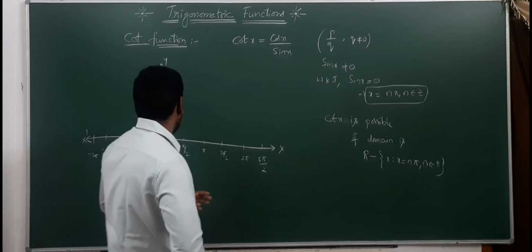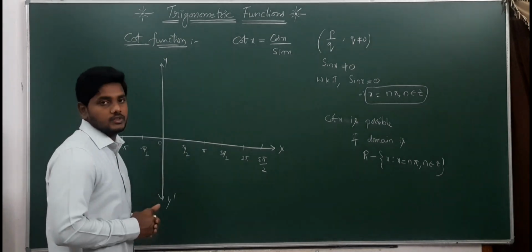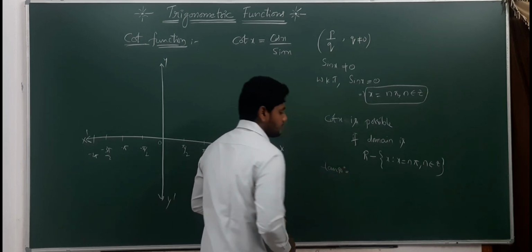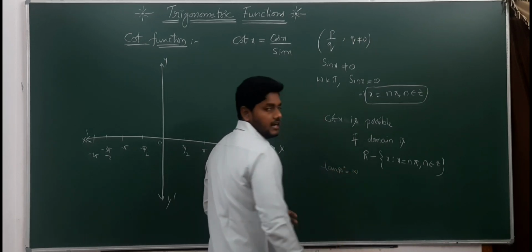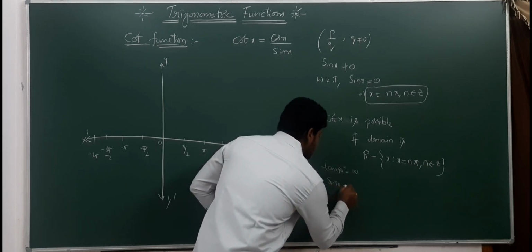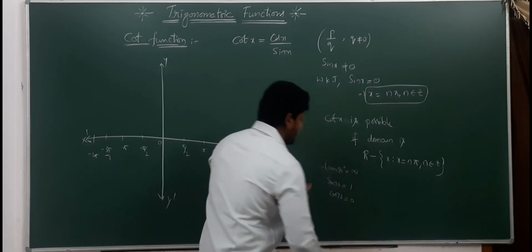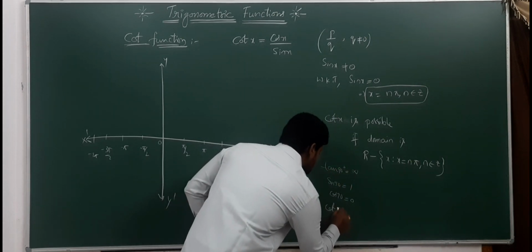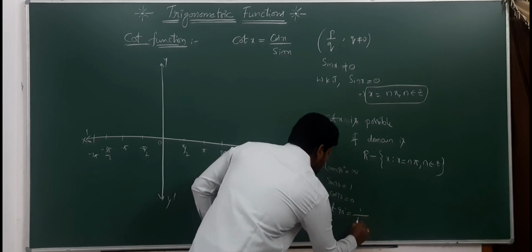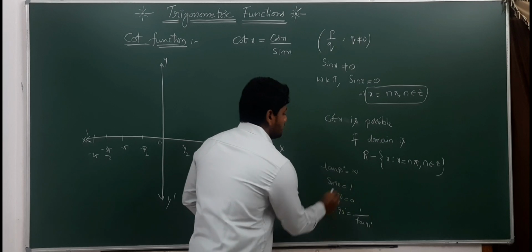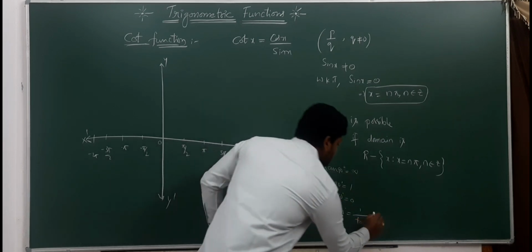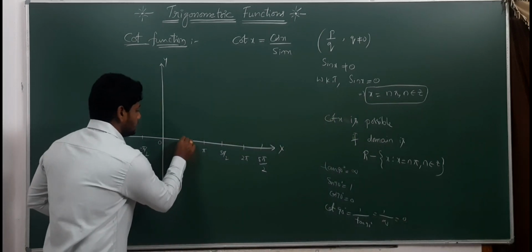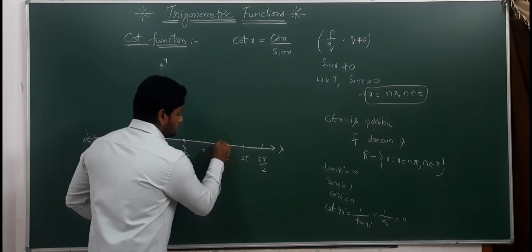Now we know, what is tan 90 degrees? Tan 90 degrees is undefined. Why? Because sin 90 is 1, cos 90 is 0, and tan is sin by cos, so 1 by 0 is undefined. But when it comes to cot 90, this is 1 by tan 90 degrees. So 1 by undefined, that is 1 by infinity, which is 0. So cot 90 is 0. If you observe cos 3 pi by 2, that is also 0.